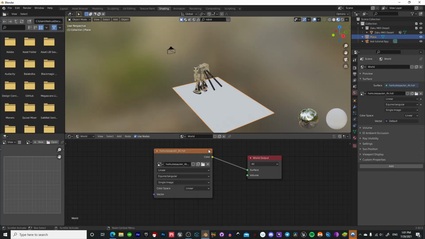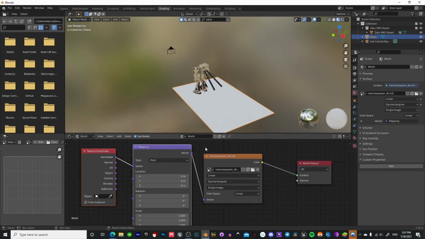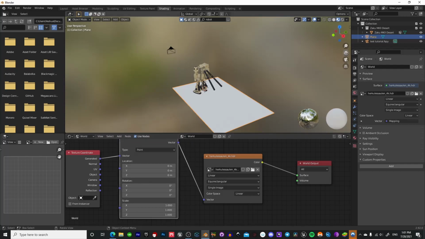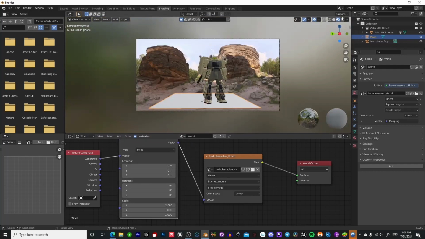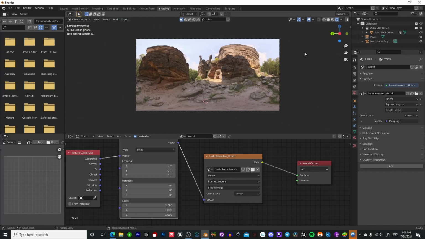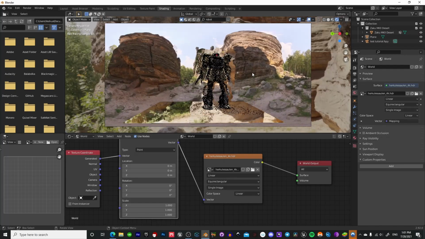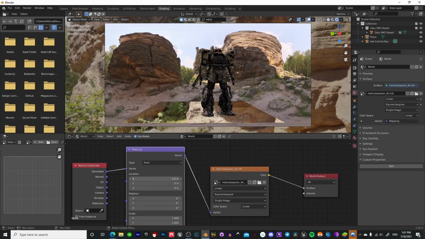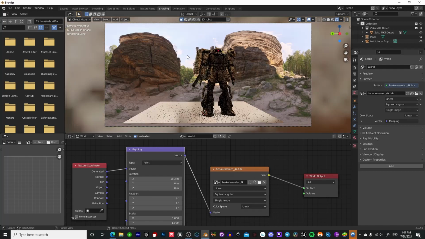So the way we're going to do that is we hop back into the shading tab and we click on our environment texture or HDRI and hit Control and T. Then we get a coordinate node or a mapping node. So what we can do with that is if we hop into our camera view and we go to rendered, we can see that if we decide to change the location, you can see it affects the way that this